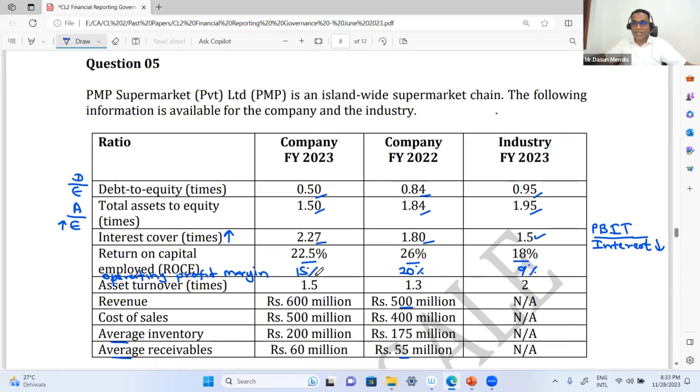If you are the finance manager of the company, what are you going to do here? Based on this available information, what is your job? What is your advice to the board of directors? This is what is expected from a CFO. So you become a CFO in the future. I want you to advise.